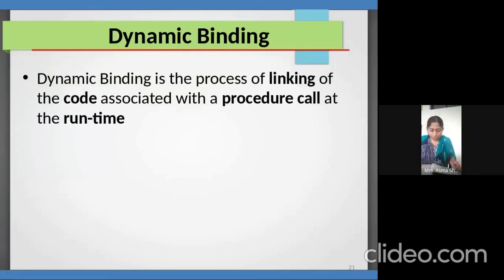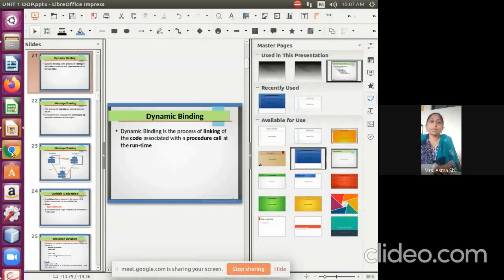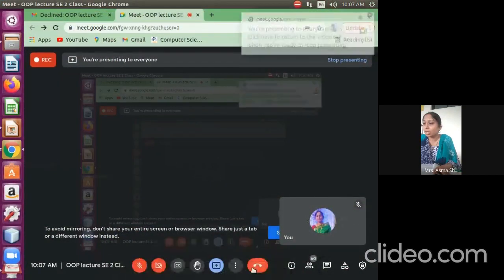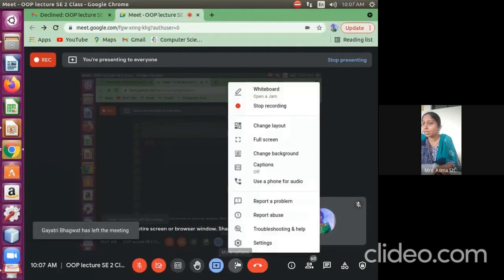So we can see one example of polymorphism from a block diagram. Where is my whiteboard?